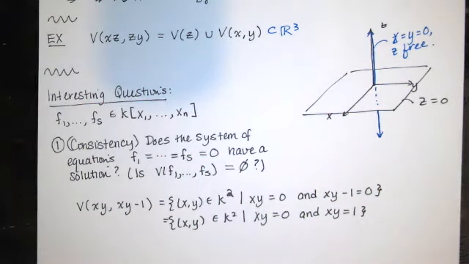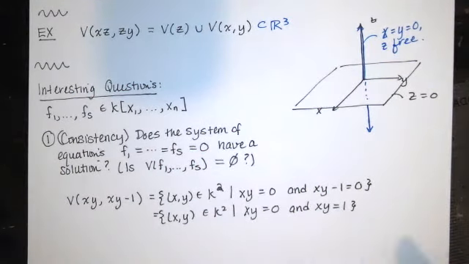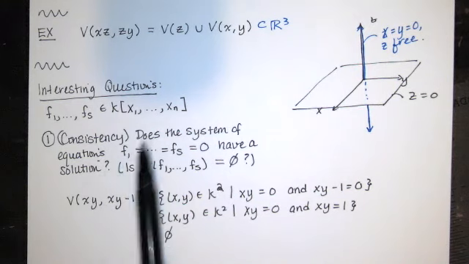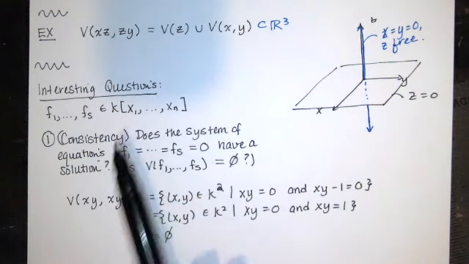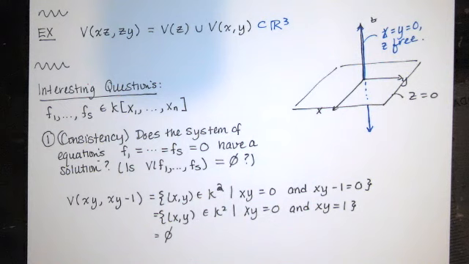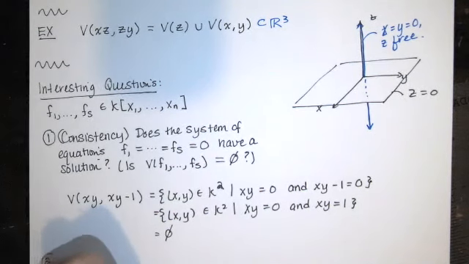Well, that's obviously inconsistent. xy can't be 0 and 1 at the same time. So this is the empty set. So this is an inconsistent system. We're asking ourselves, is the system consistent or not? Are there any solutions out there? So that's one question that we'll want to answer. Second question